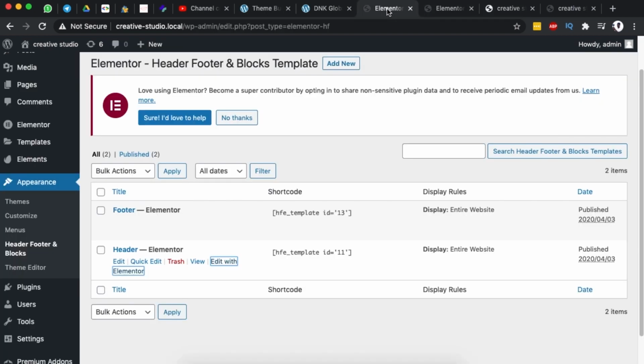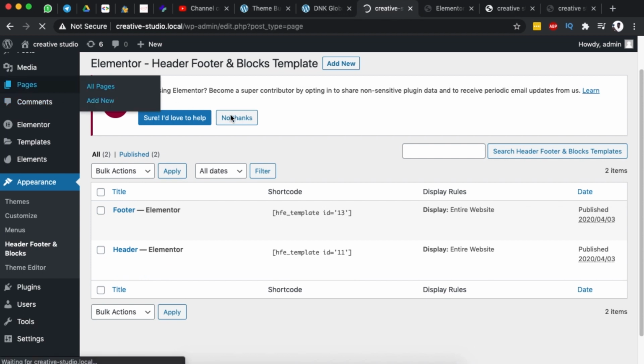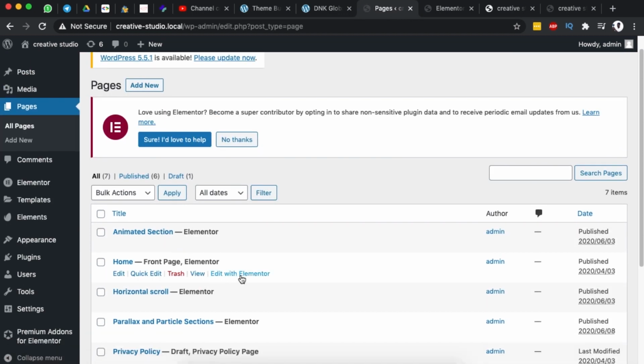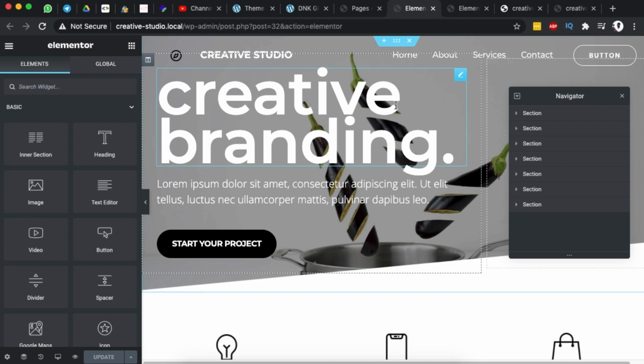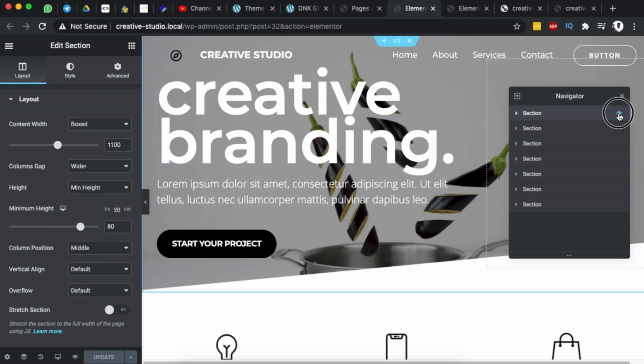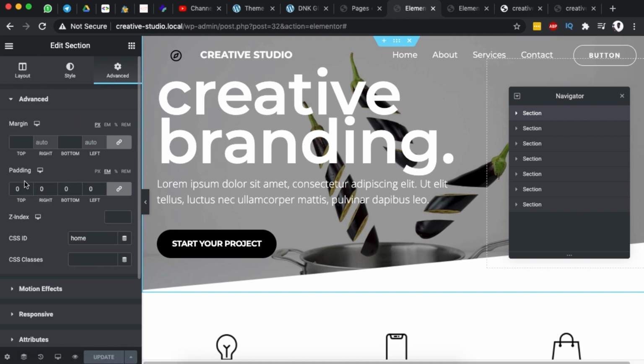So back into our dashboard, come to pages, all pages. I'm going to open up my home page, which has this content, and I'm going to select my section, which is the first section over here. Come to advanced, and I'm going to come to the padding section. I'm going to give it some padding at the top. So I come over here at like 4 EM, or 5,